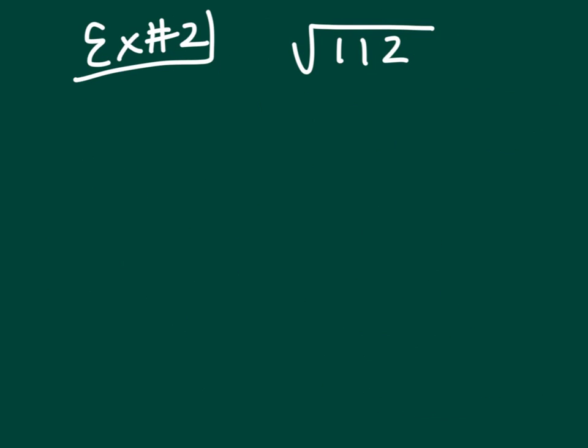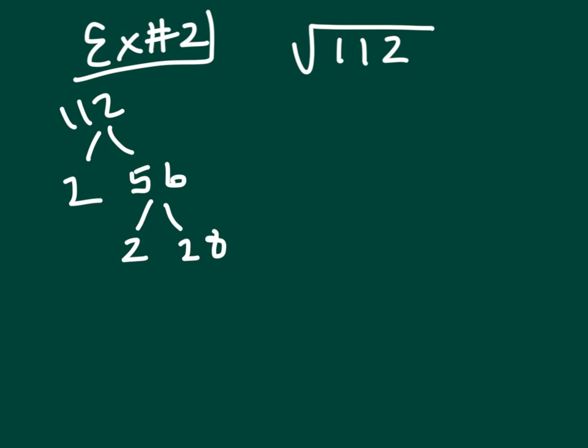So let's practice. Here's example 2, 112. Now 112 is a little bit more complicated to break down. I know it's an even number, so I'm going to go to my calculator. I'm going to do 112 divided by 2. All even numbers can be broken down into 2 times something. So it's 2 times 56. Now I might know a multiplication fact that 56 becomes, but I'm not sure. So I also know a 2 goes in there, so I use my calculator and divide by 2. And I get 28. I could just keep doing this 2 routine, but 28, that's one I remember. It's 4 times 7. And 4 is 2 times 2.